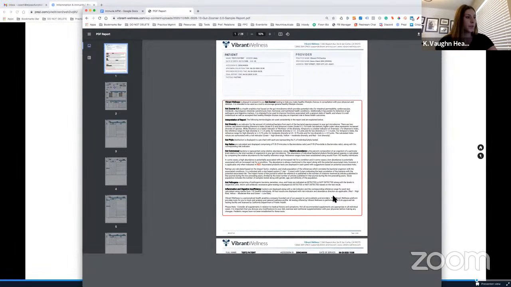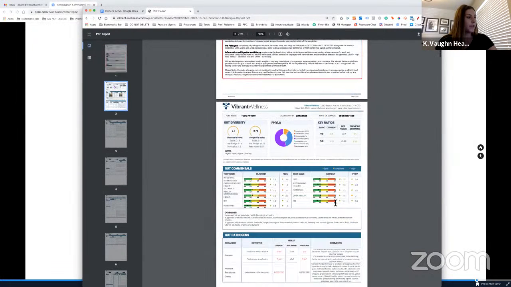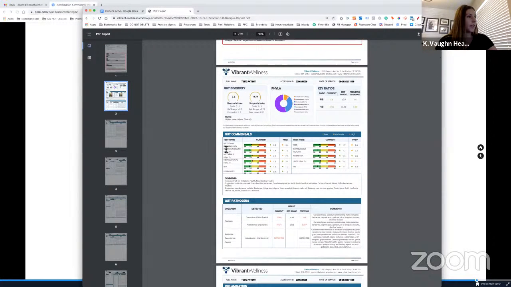This is their Gut Zoomer. One thing that I really love about their Gut Zoomer is you can see right here, not only is it just assessing their intestinal permeability and how that has to do with inflammation, but it also gives us an inside